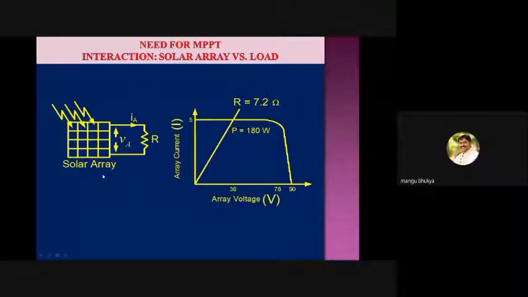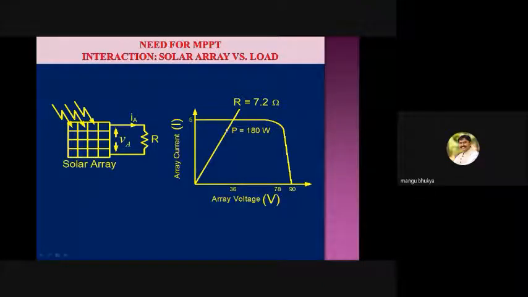We have invested a lot of money, so whenever solar is available, we have to extract the maximum power, because at night solar power is not available. It is available only 12 hours, so during that time, whatever power is available, we have to tap or extract. But here, because of the mismatch, the operating point is lying here. If the operating point lies at this point, then we could extract the maximum power.